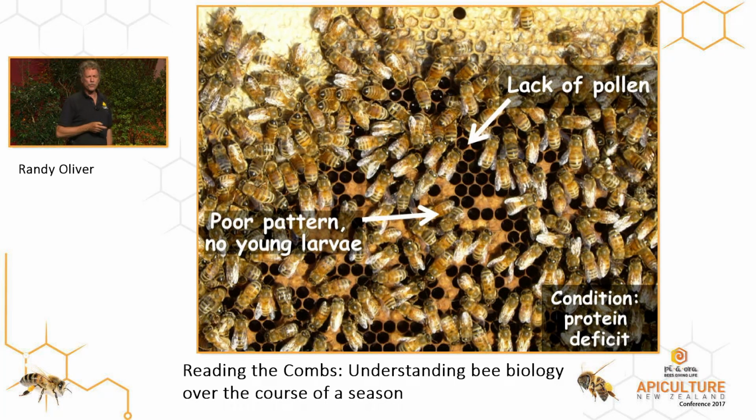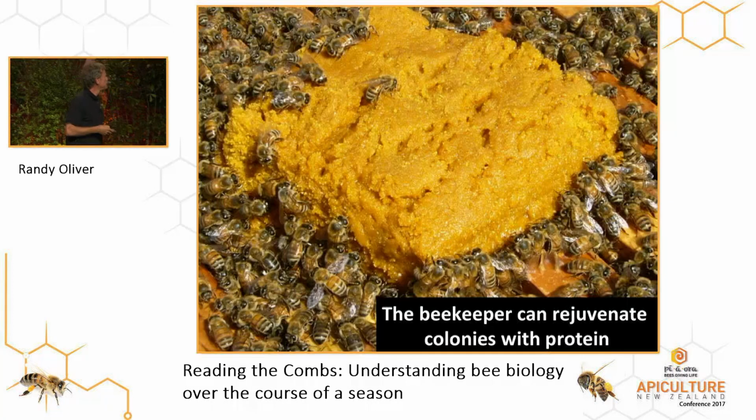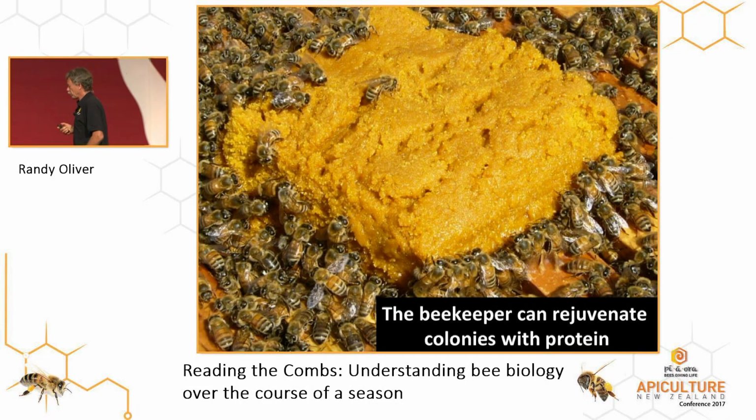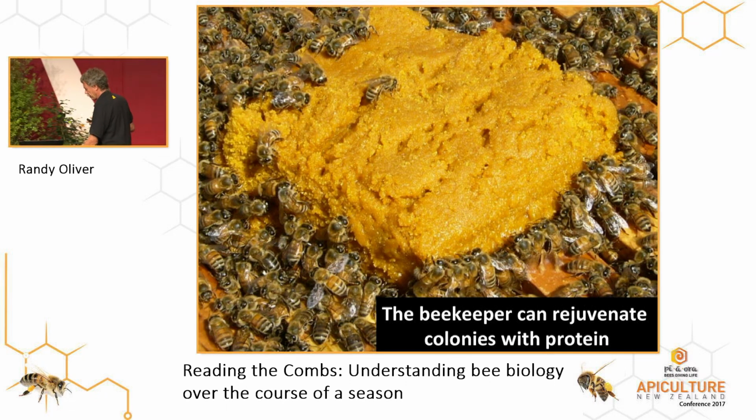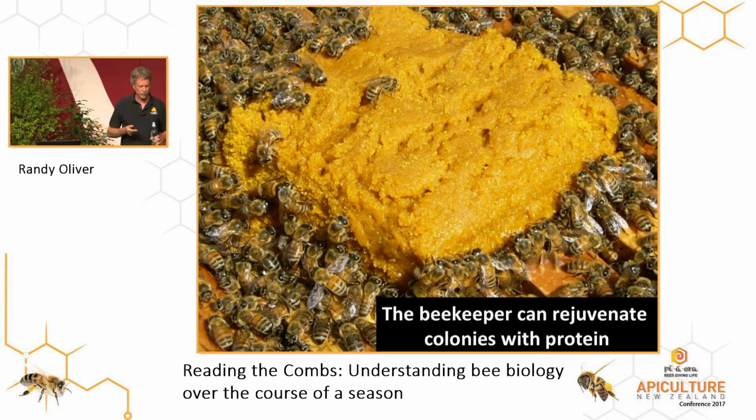At that point, usually your brood pattern starts to go to hell. It starts getting shot. You don't see very many young larvae. It's not solid because the nurses start eating a lot of the larvae and a lot of the eggs rather than raising them. So you get these spotty brood patterns, and you don't see any bee bread stored up here. We've got a little bit of nectar coming in, but there's no bee bread stored there. And at this point, you can create an artificial pollen flow by giving them some pollen sub.